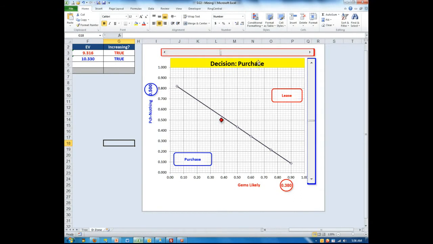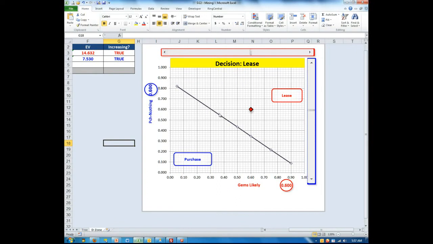You see the decision change to purchase. And if we reduce the likelihood of not finding any gems right at the beginning, it says go ahead and purchase. So what this map does is gives us a feel for discussions among management as to if we should